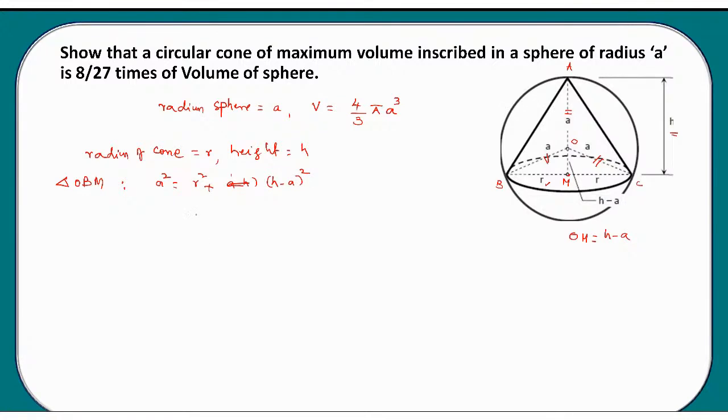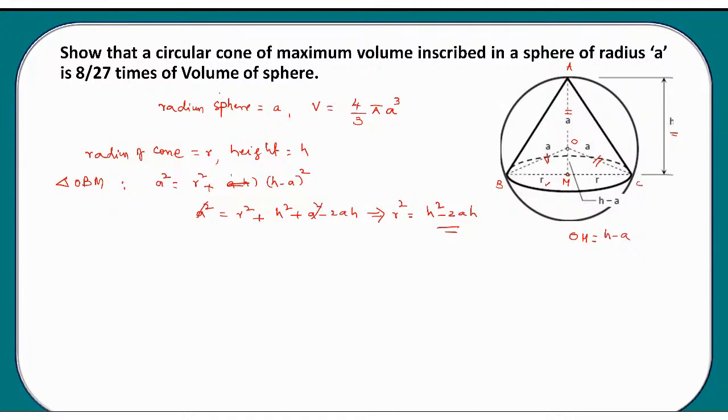When you simplify further, you get A square is equal to R square plus H square plus A square minus 2AH. A square gets eliminated. You get R square is equal to H square minus 2AH. This is the one relation to be remembered. Okay. Now,